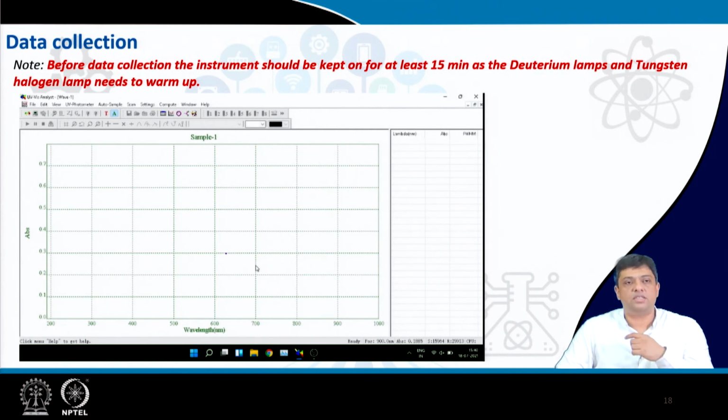But before you run the scan, please ensure that the instrument is kept switched on for at least 15 minutes for warming up, because the deuterium lamps and the tungsten halogen lamps need to warm up before they can be used. And typically it is always advised that you keep the instrument in a switch on mode for 15 minutes before